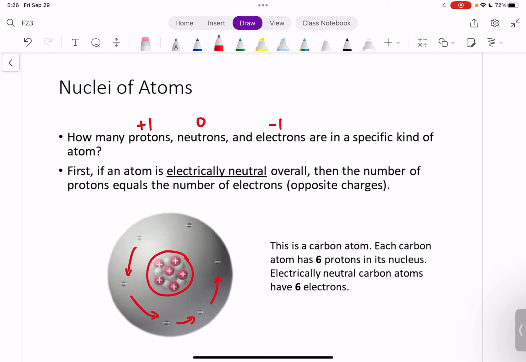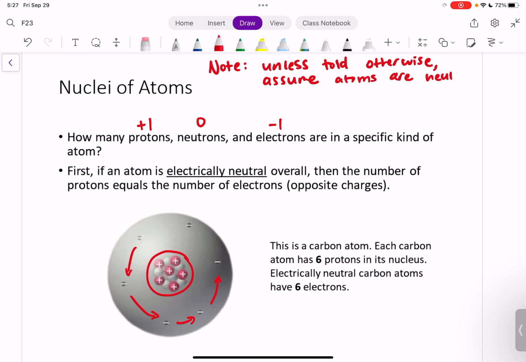So what I want us to make a note of is that unless I tell you otherwise, assume that atoms are neutral. So let's make a note up here. Unless told otherwise, assume atoms are neutral. In the future, we'll look at atoms that are not neutral, and there's a special name for those. But for now, assume that unless I tell you otherwise, an atom is electrically neutral, meaning it has no